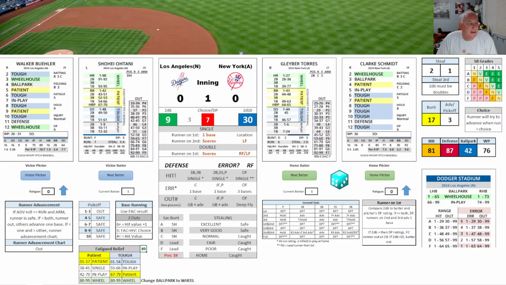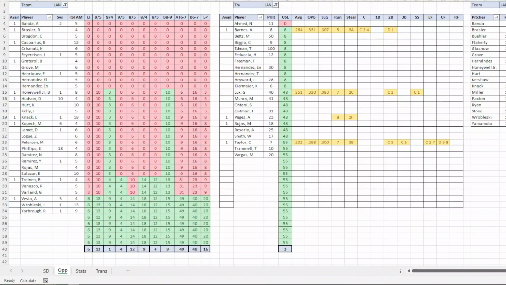Looking really quickly at this sheet here, I create a sheet that has a breakout of all the relief pitchers that pitch for the team, and the active ones have a 1 next to them. So those are active players. And then what innings did they actually pitch during the season? When did they come into the game during the season? It breaks out a random number based on when their appearances were.